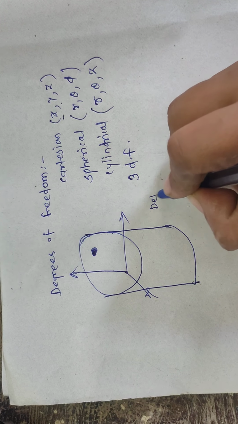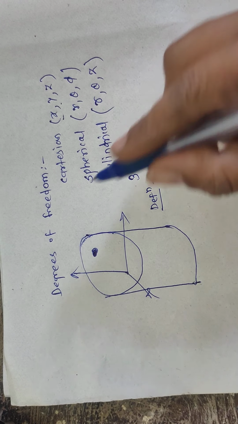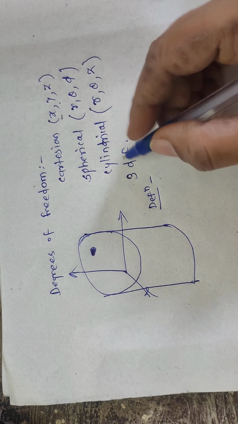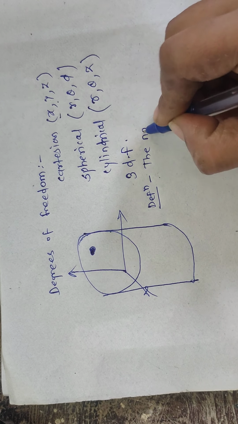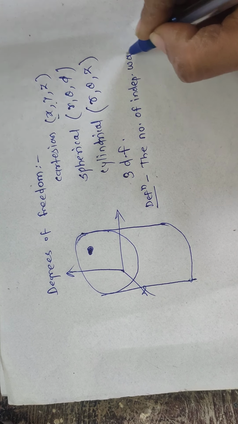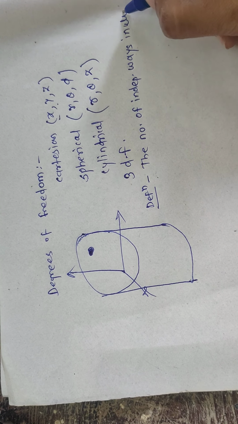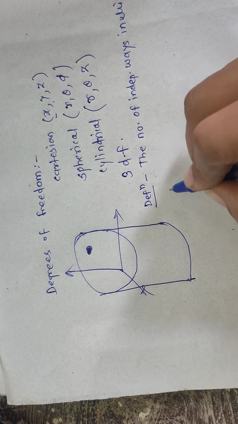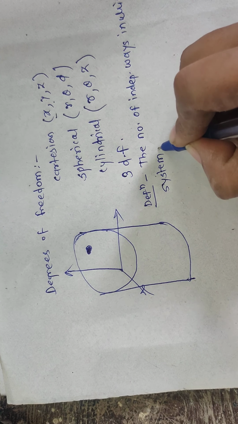So we can define degrees of freedom as the number of independent ways in which system of particles can move